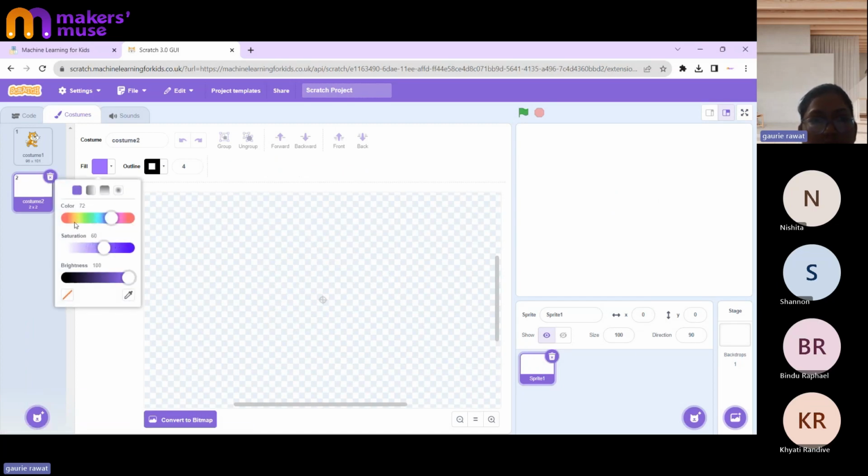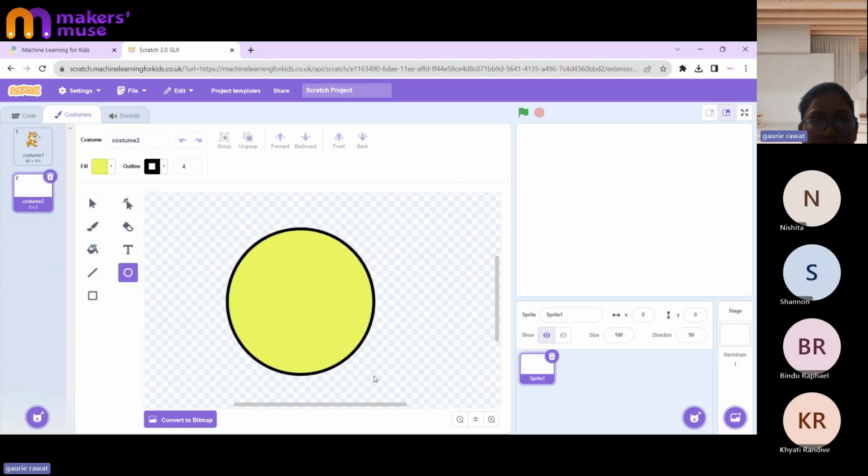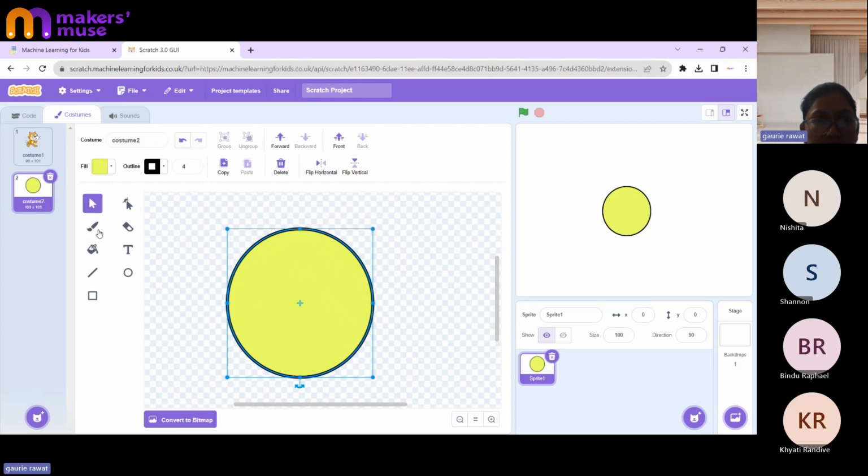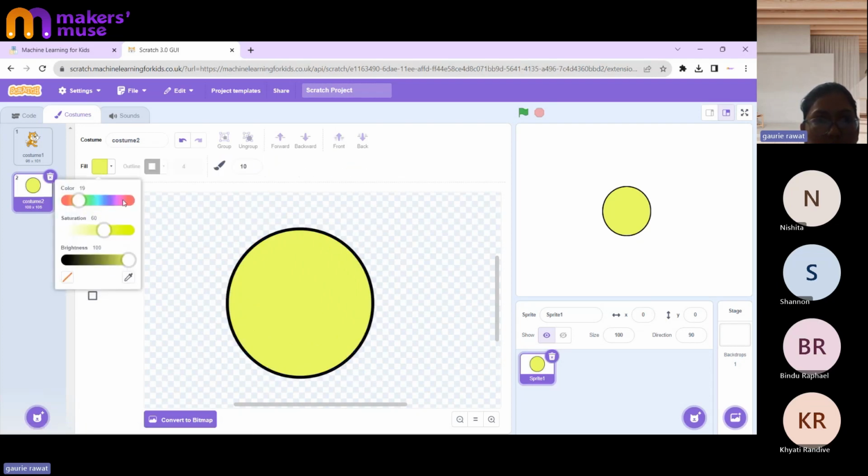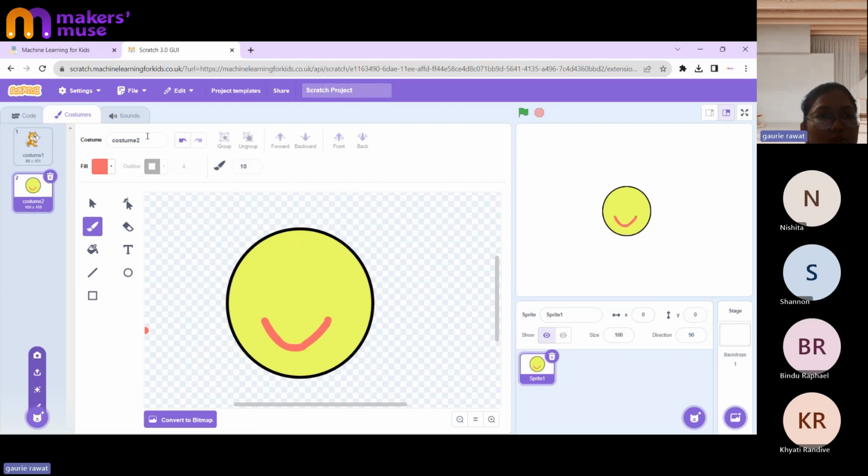I color it yellow. A happy face over here like this. I also rename this costume as happy.